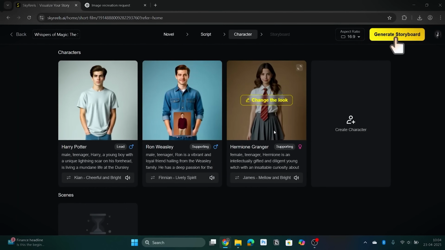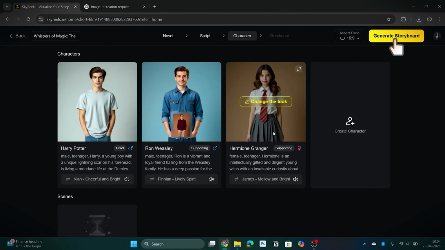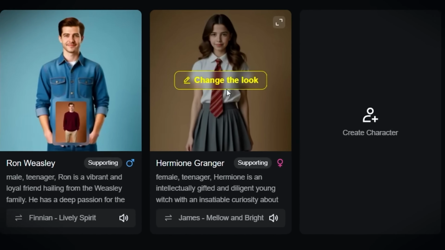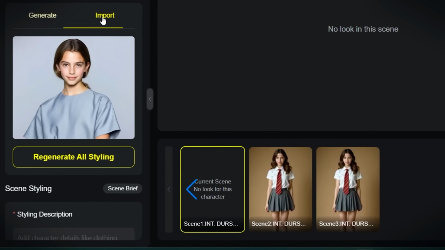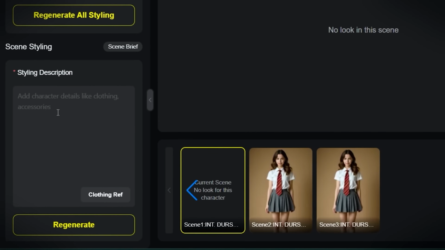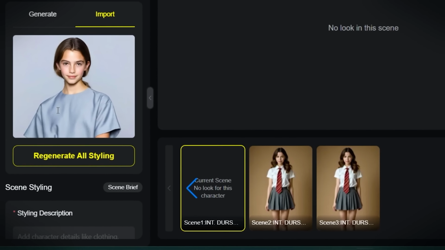This has also been defined perfectly here. Now if you want, you can go ahead with these characters also. But if you want to make changes, then you can come to some such interface by clicking on Change Looks. Here you can see from where the reference of the character has been taken.